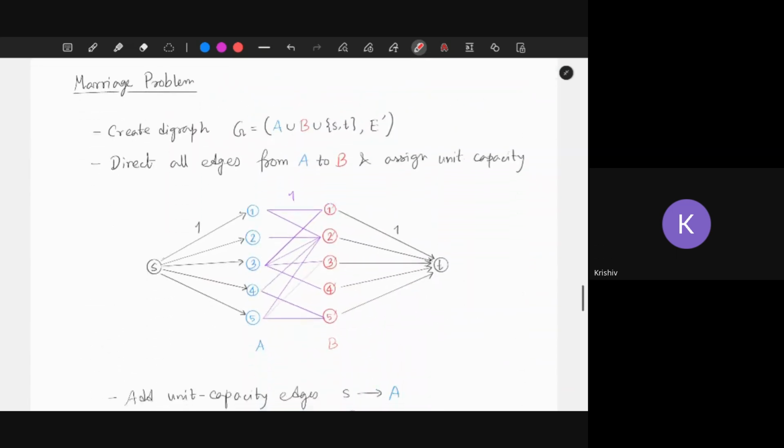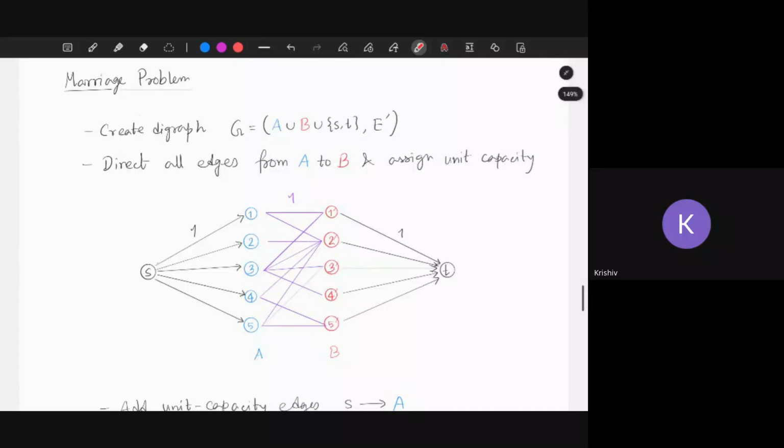So we create a directed graph. I have the set of men, and I put source and sink, and I assign unit capacity to each of the edges. It is 1, 1, 1, 1, 1 here as well, and I direct